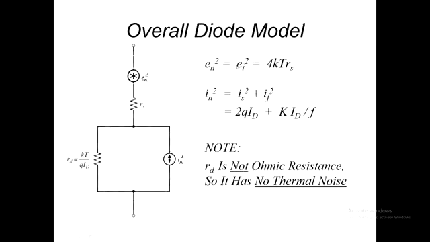Now, so there'll be a shot noise current in the diode. That's due to the current that flows, and there's also a thermal noise, tiny thermal noise in the resistor. So that's the noise processes of this diode, and there can be a flicker component here depending on how bad the production is. In other words, that's the K value, but we won't get involved in that too much, if at all.